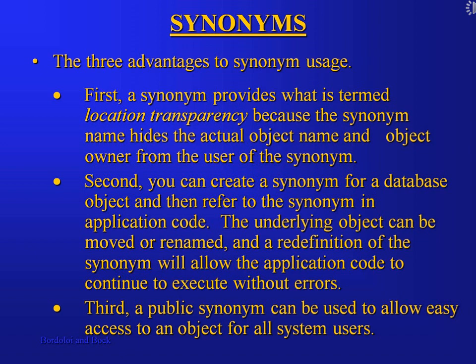The second advantage is you can create a synonym for a database object and then refer to the synonym in application code. The underlying object can be moved or renamed, and redefinition of the synonym will allow the application code to continue to execute without errors. And the third advantage is